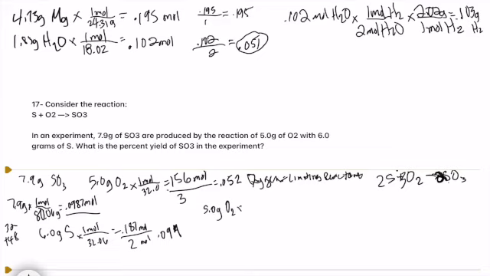So we'll take our 5.0 grams of O2. Let's go ahead and convert that into moles, even though we've already done that. And then we are trying to get to our product here. So we're going to set up our mole ratio. We need 3 moles of O2 per 2 moles of SO3, according to the balanced equation. So not enough to just finish in moles here, so I need to convert moles of SO3 to grams.